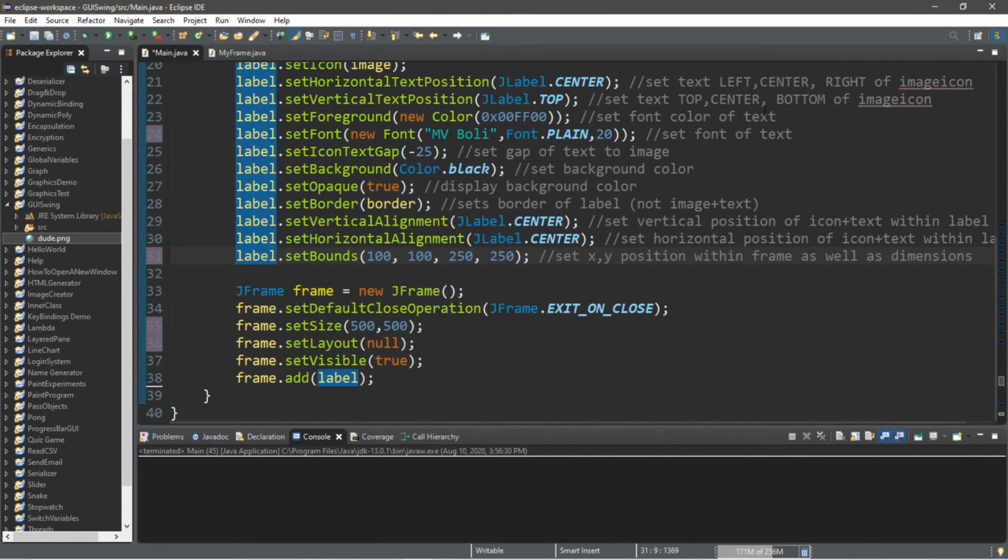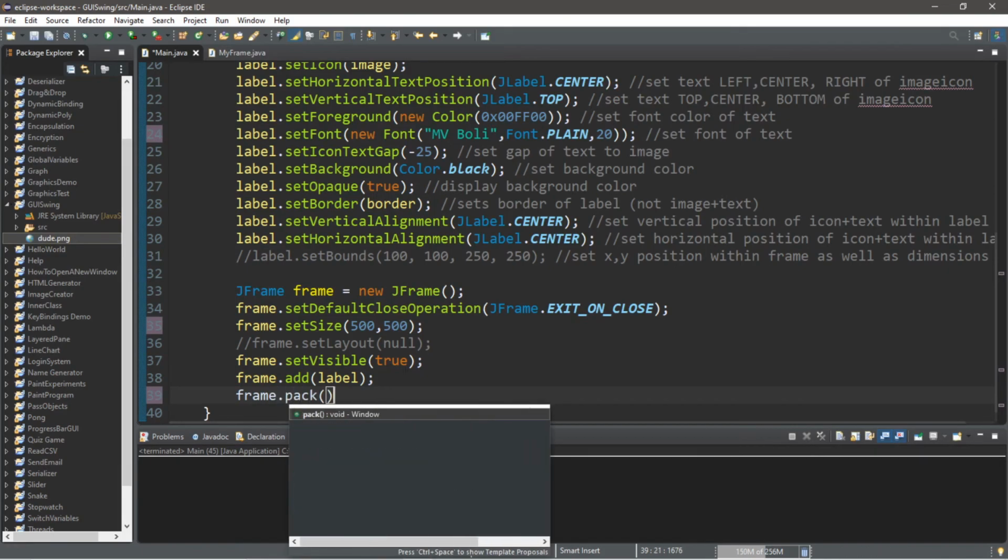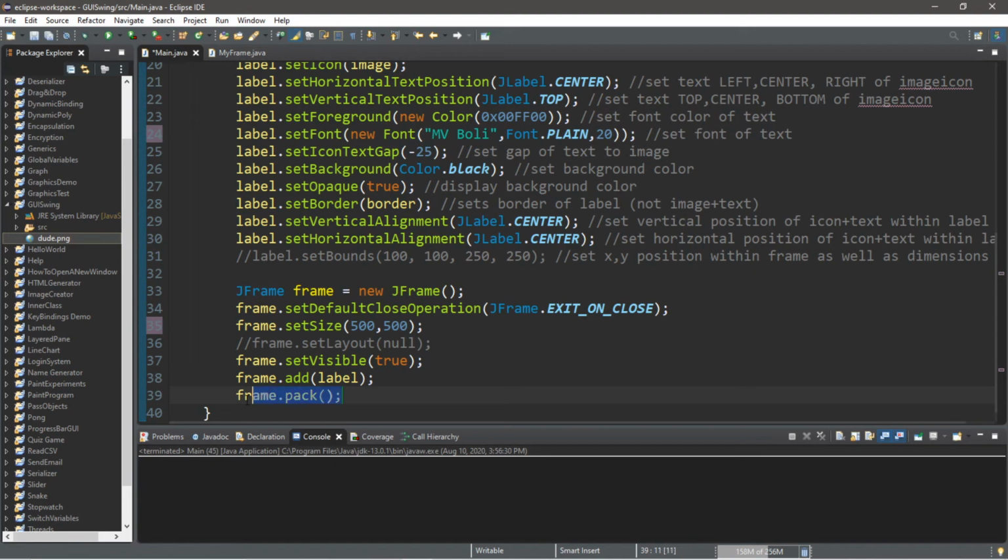Now, I have one last trick for you guys that you might find very useful, and that is the use of the pack function of frames. So to demonstrate this, I need to get rid of our setBounds method that we have for our label. I'll just turn this into a comment, and the same thing with frame.setLayout. We'll just use the default layout manager that we have, and the method is called frame.pack. It's the pack method of frames. So what this does is that this will resize the frame to accommodate all of the components that you have. So after running this, actually we don't even really necessarily need a size for the frame.